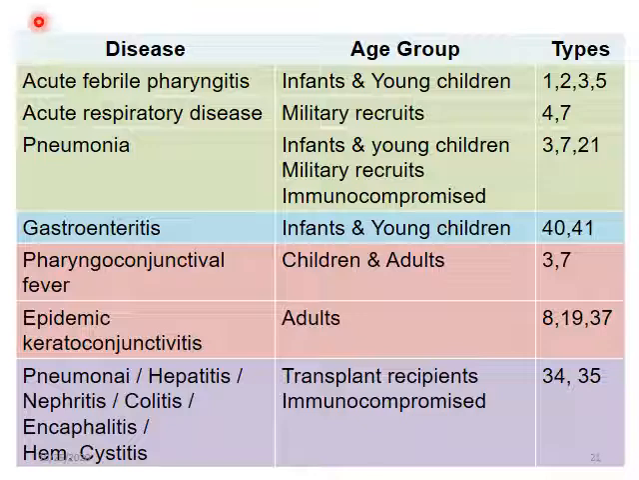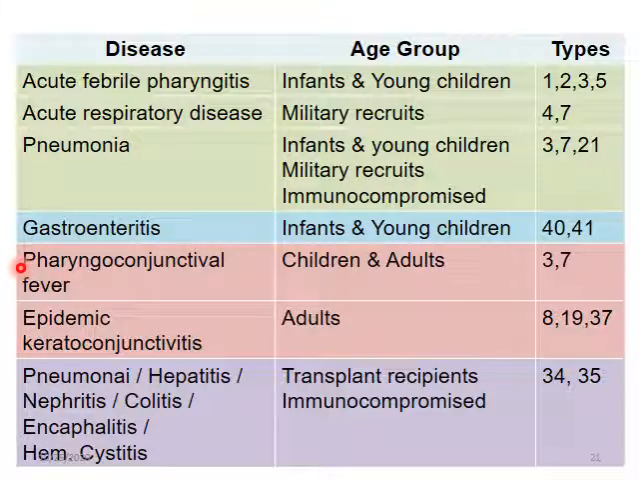These are the clinical manifestations of adenoviruses in different age groups. As you can see here, acute febrile pharyngitis in infants and young children, acute respiratory disease in military recruits, pneumonia again in infants and young children, gastroenteritis in infants and young children,